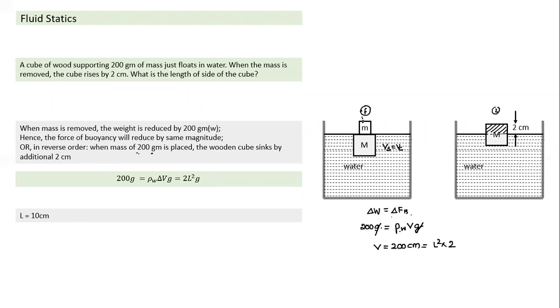If 200 grams of weight is lifted up, the volume of water displaced will also get reduced by 200 cc. So to that extent, the cube will come out. What is the volume of the cube which will be projecting out of the water level, or the volume of the cube above the water level? The volume will be equal to 200 cc. So the height is 2, so 2 into the cross-section area is equal to 200 cc.